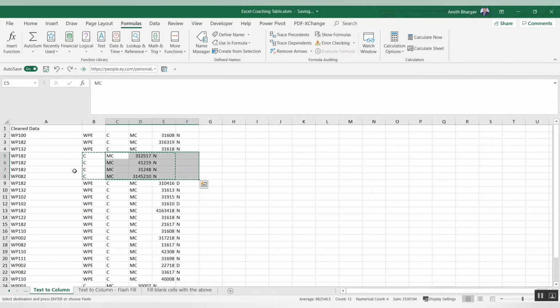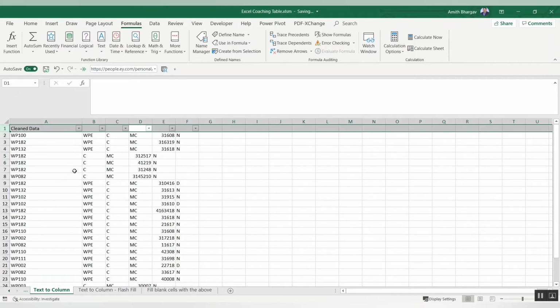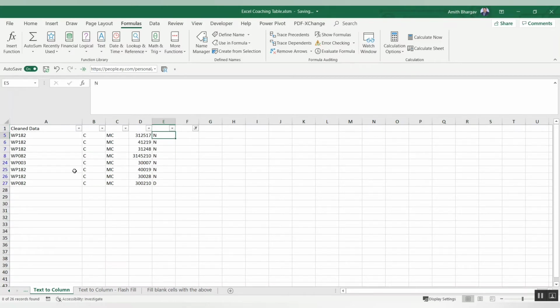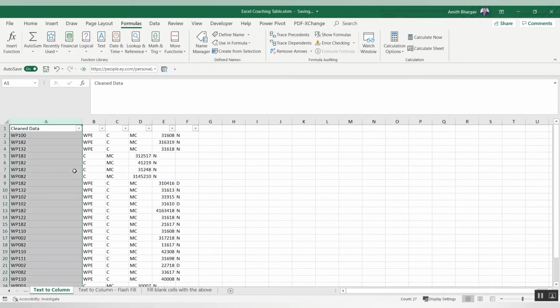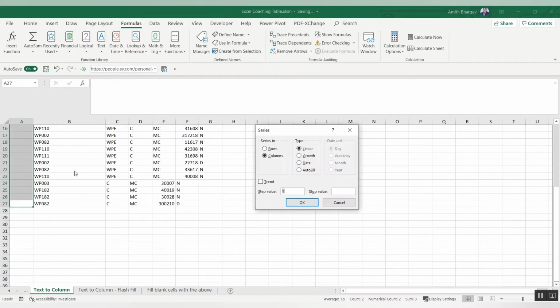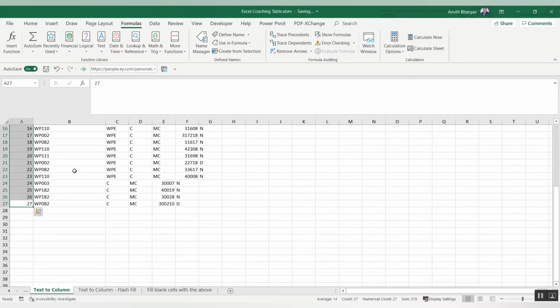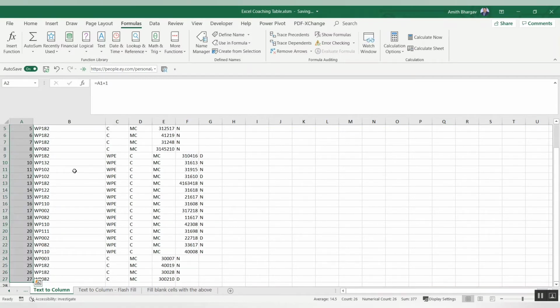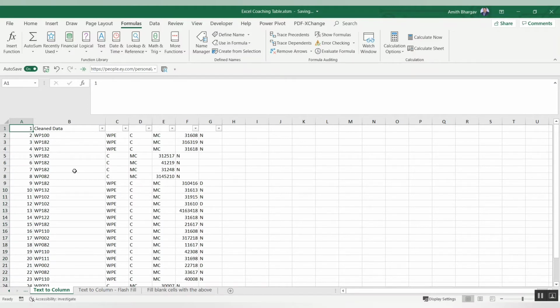For example, what I can do is insert a filter here and look at the blanks. Whichever rows are blank will appear here. Or what we can do is insert a row 1, 2, and select the range, Alt E I S, Alt E I S. This gives sequential numbers. One more method is to put this plus 1 and cut paste to all the cells, but then the formulas will be everywhere.